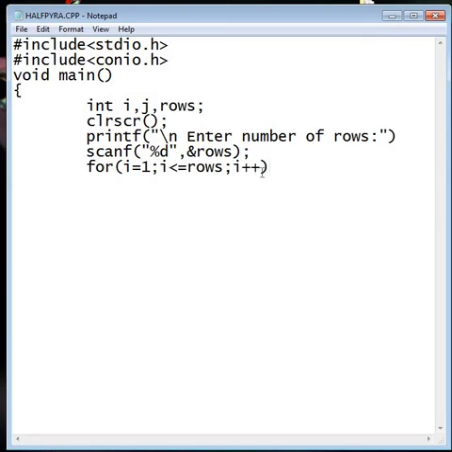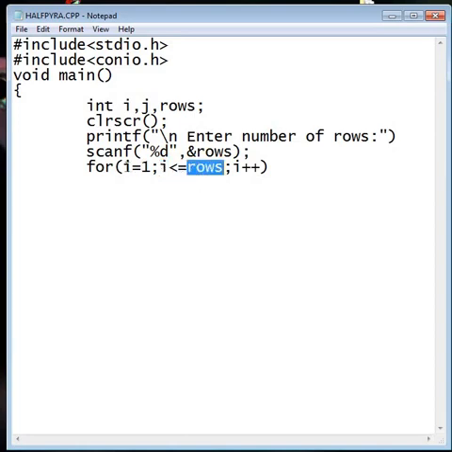You can see this is the for loop which is initialized by 1, and the loop will continue until the value of i is less than or equal to rows.